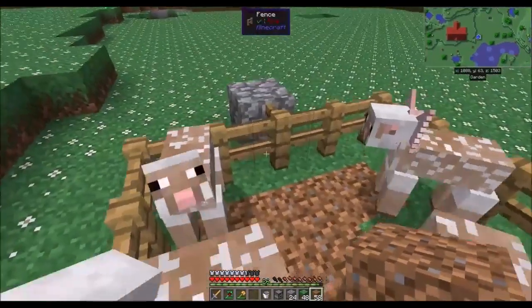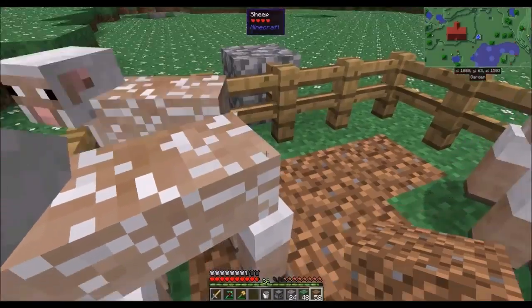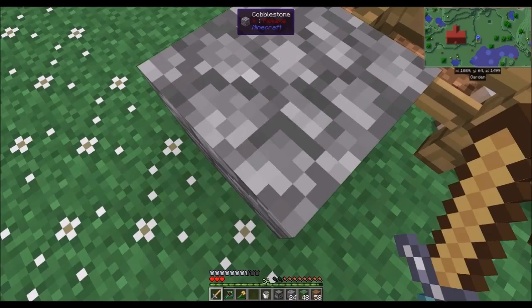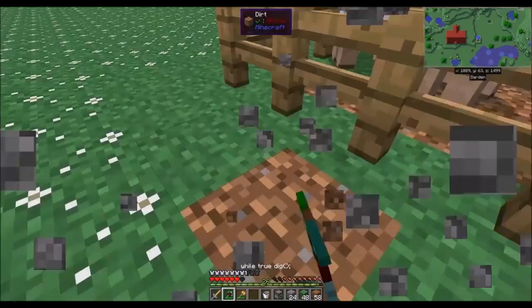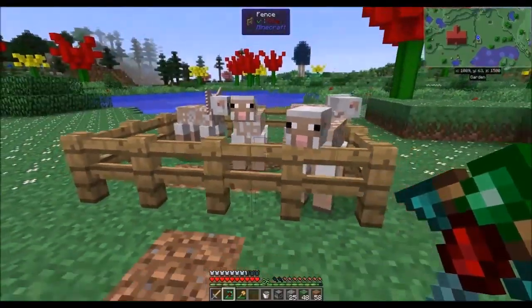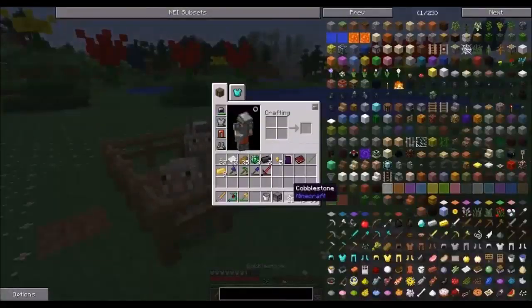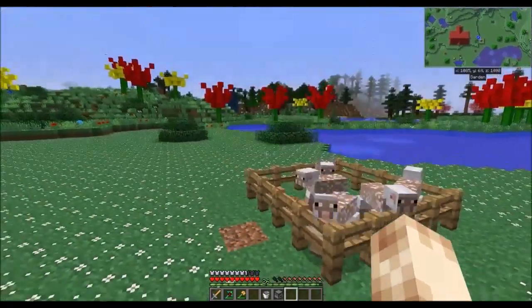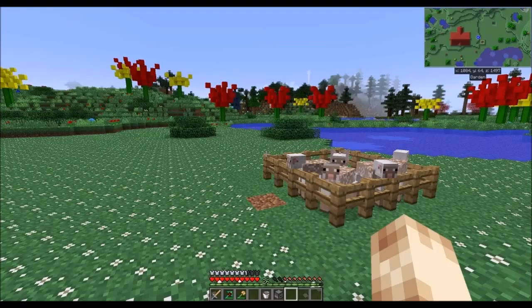And hopefully now these sheep will be happy. We'll morph into a bat to get out, and then morph back into me. And hopefully you guys will start to eat. Eventually. So I'll go ahead and do some mining between this episode and next, get some more stuff going,